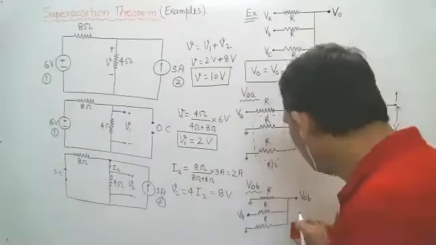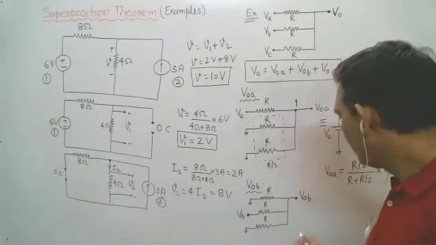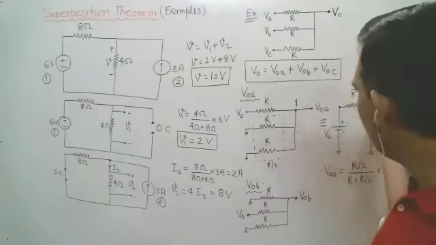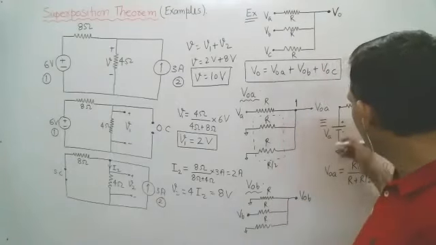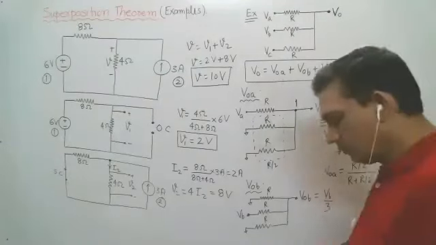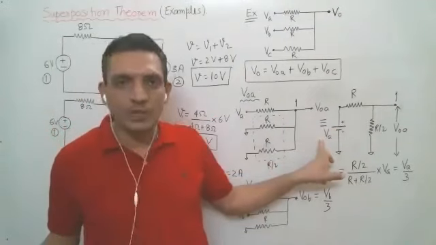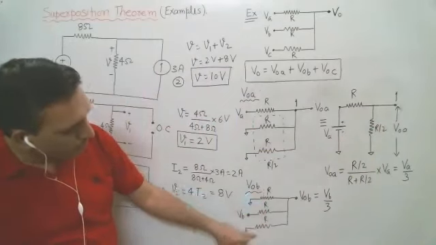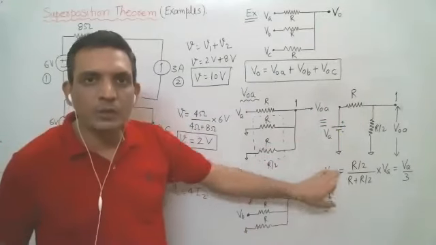Is it visible or not? Yes, sir. So V0B, now only source B is present. So you have a similar equivalent. Only difference is now these two resistors are in parallel. So you can draw a similar equivalent circuit and then you will get V0B is VB by 3. Exactly the same equivalent except this VA is replaced by VB. So this becomes V0B. You can see now these two resistors are in parallel, so the equivalent will be the same. Only in place of VA use VB. So V0B is VB by 3.